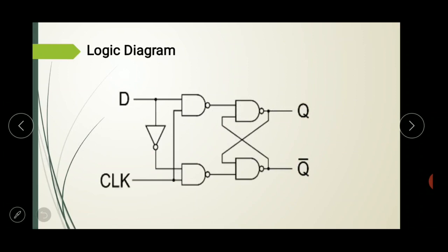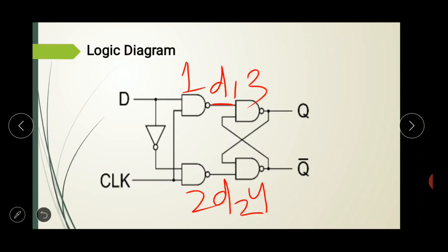Here we discuss the functionality of this diagram, because in the programming we have to put the functionality. Okay, so here we use 4 NAND gates. This one is 1 2 3 4. To the first NAND gate we give 2 inputs, that is D and clock. So this line we declare as 2 signals, that is D1 and D2. For this NAND gate, D1 is the output and the inputs are D and clock.